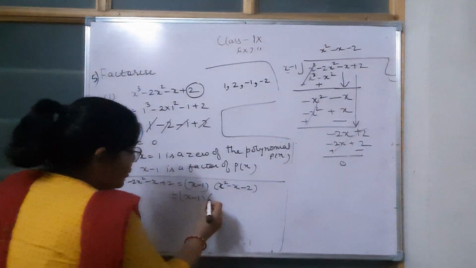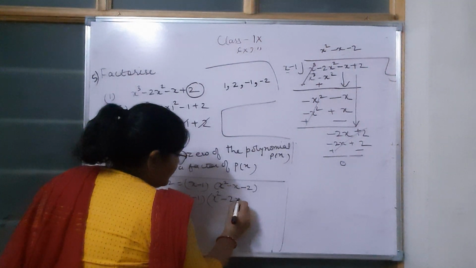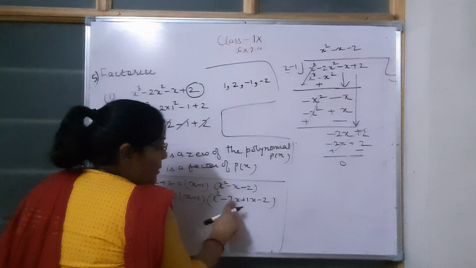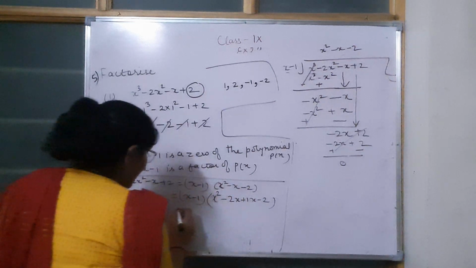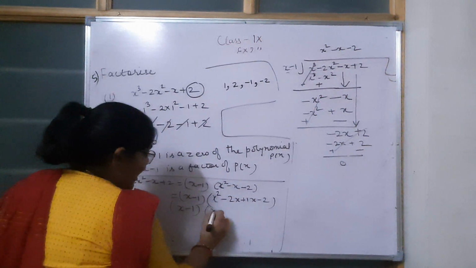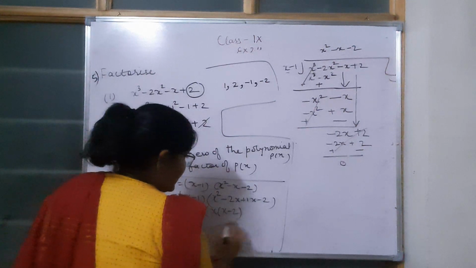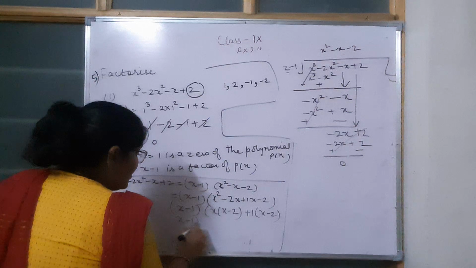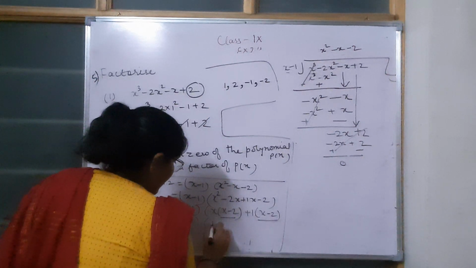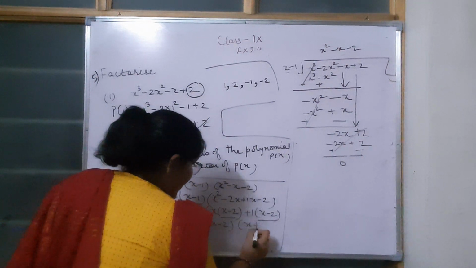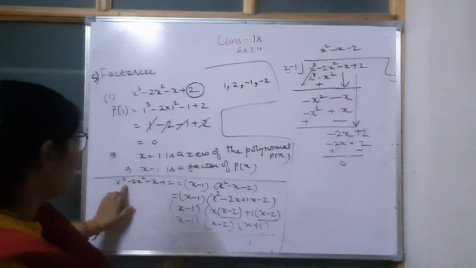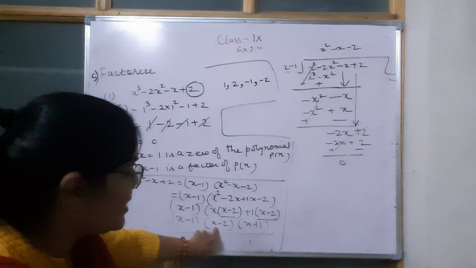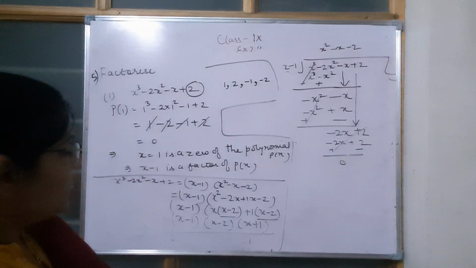x here. So that's what I am going to do. 2 and 1. Just look here why I have taken minus 2x and plus 1x, plus minus minus, and I'll get minus x. Alright. So this is going to be x - 1, x I'll take common here, and here I'll get x - 2, 1 I'll take common here and I'll get x - 2. This is middle term splitting. Now x - 2 I am taking common and here I'll get x + 1. So the 3 factors of x cube minus 2x square minus x plus 2 are x - 1, x - 2 and x + 1.